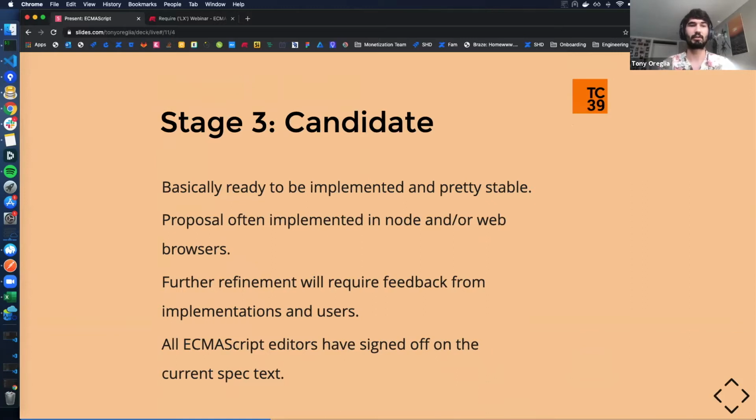Oftentimes a stage 3 candidate has been implemented in Node or on certain web browsers, or maybe in Babel as an option. At this point, they're usually gathering feedback from the implementations that are already out there. To be at this stage, it's required that all of the ECMAScript editors have signed off on the current spec text. So it should be very close to its final form.